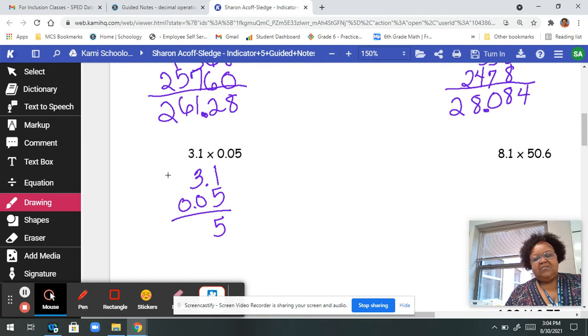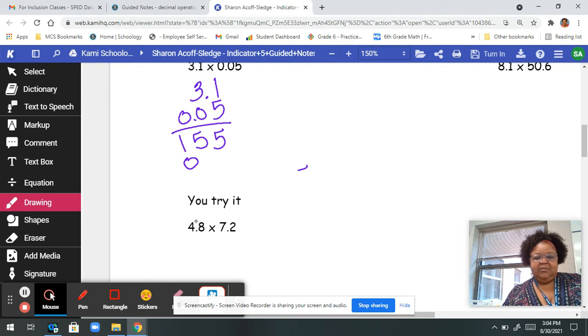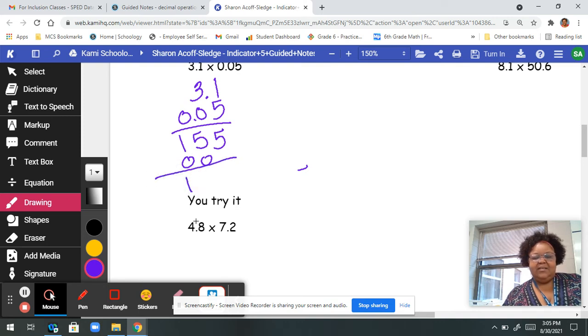So 5 times 1 is 5. 5 times 3 is 15. Okay, 0 times everything is 0. That 0 should be right there. So we got 0, 0. Then here's also 0, 0. So you see when we add those up, we get